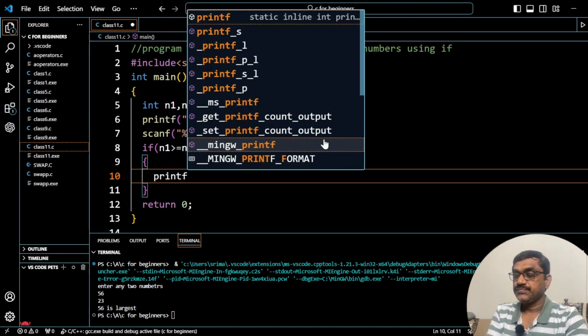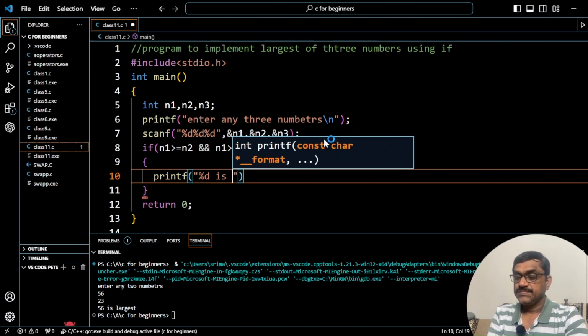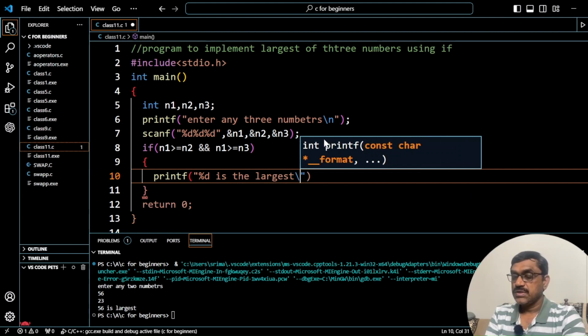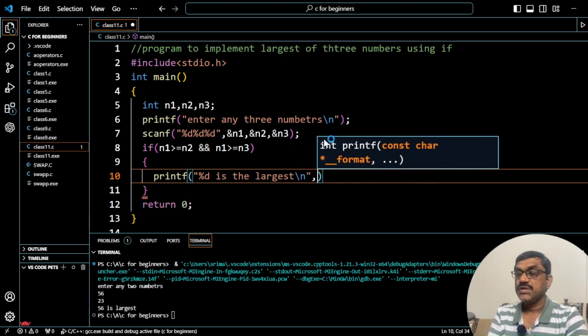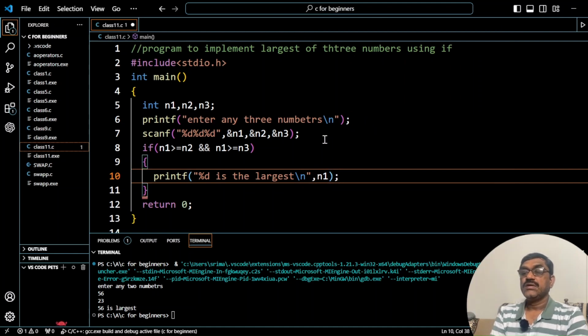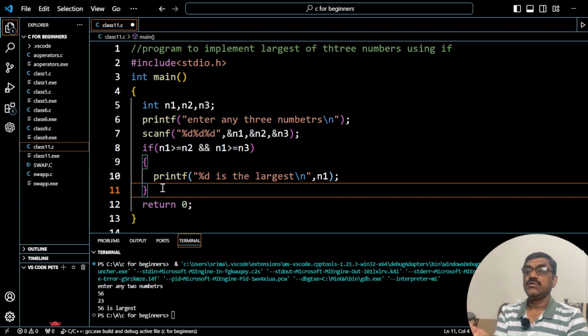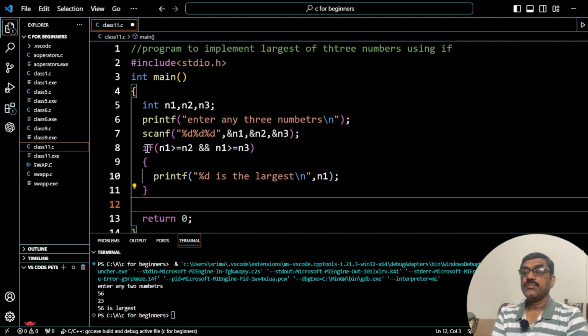Now printf, you write "%d is the largest\n", and in this case you have to print N1. The same concept you have to use for both: compare N2 with N1, N2 with N3, next N3 with N1, N3 with N2. That you do. So I'm copying the same code,